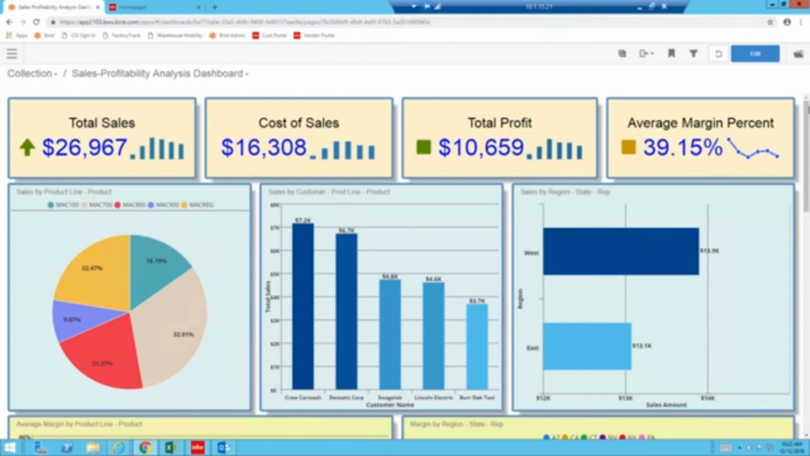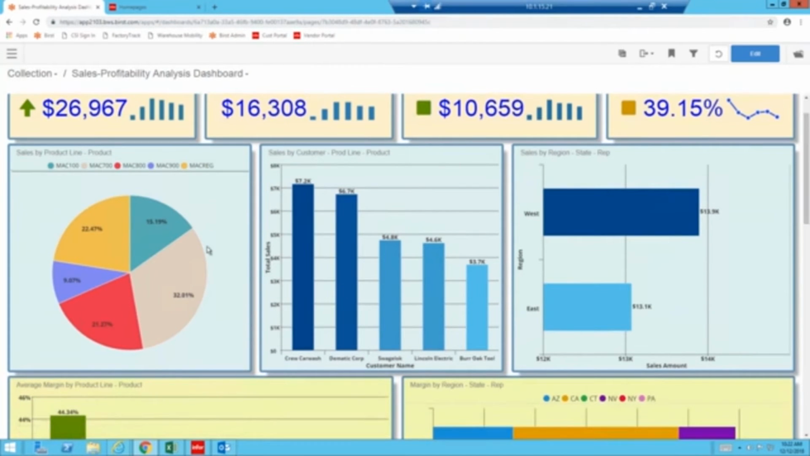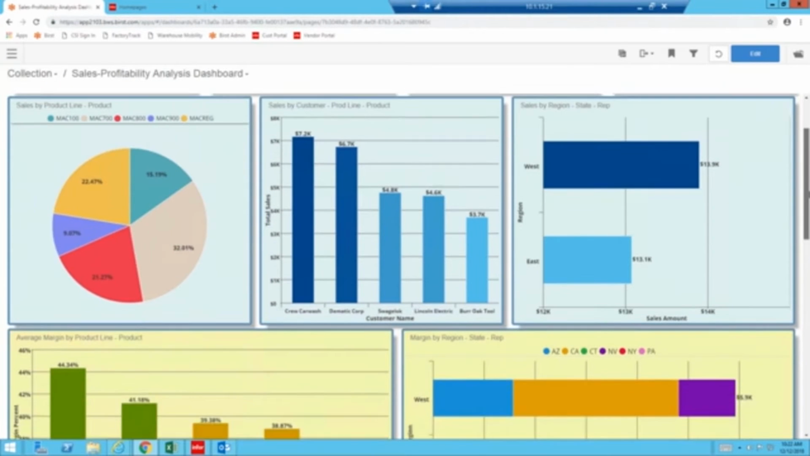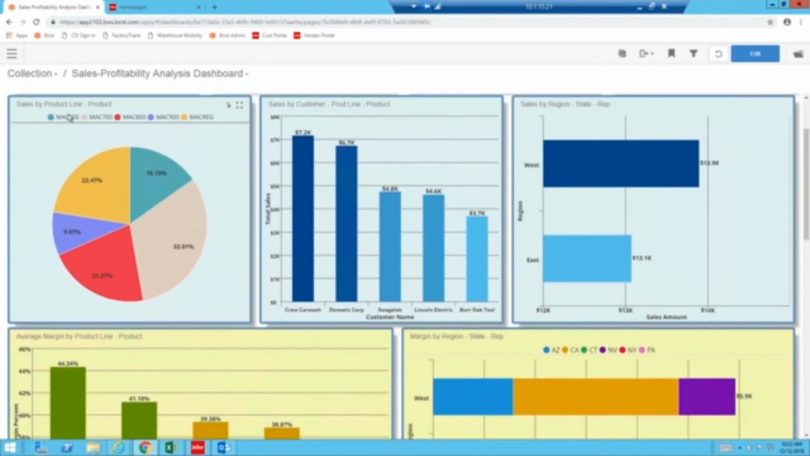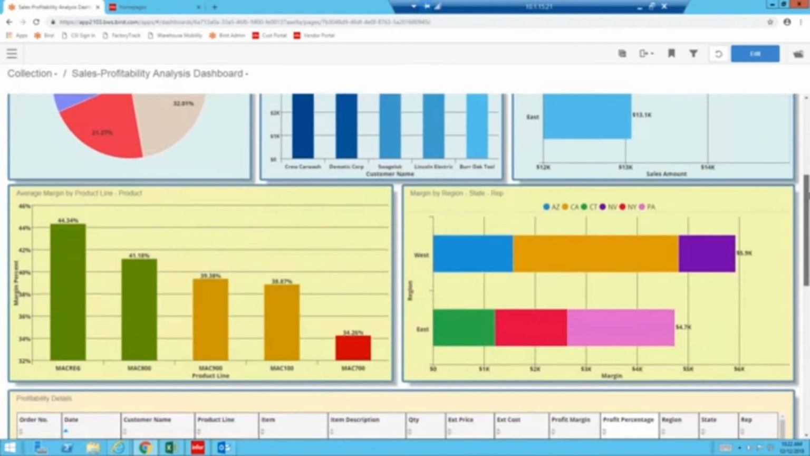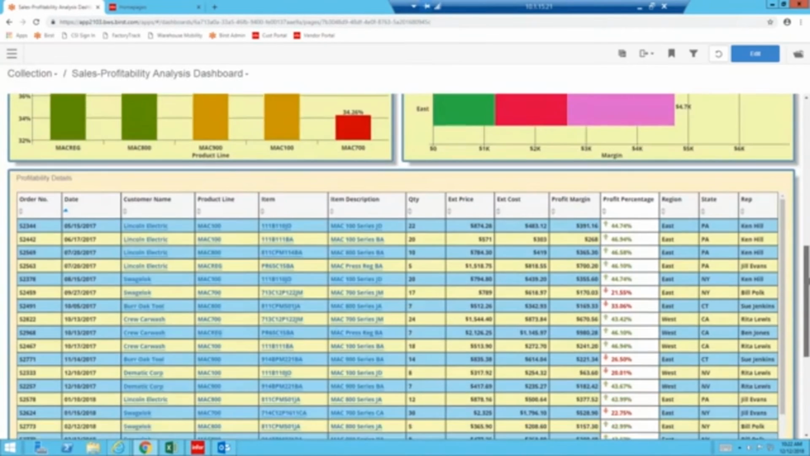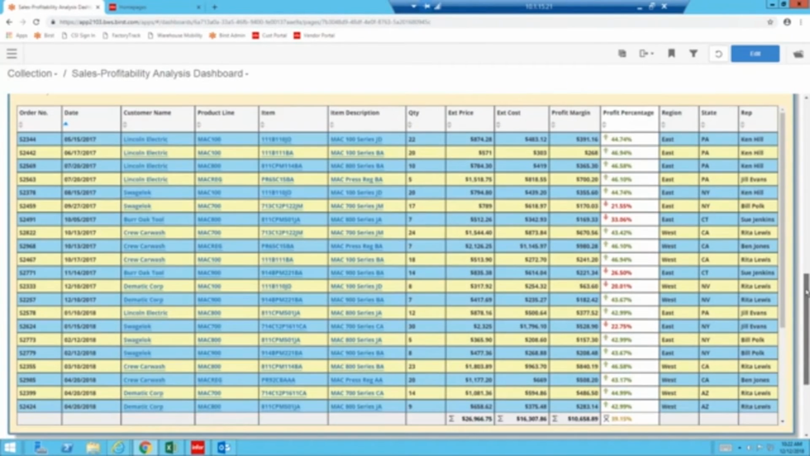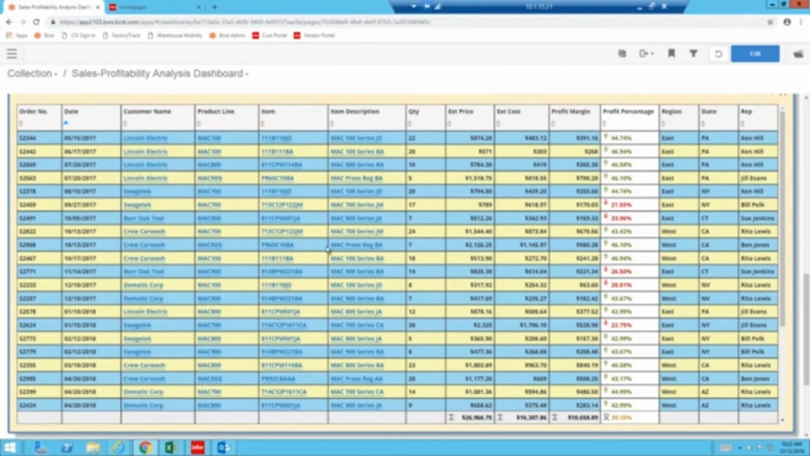As we work down the dashboard, I'm seeing some graphics associated with this sales profitability analysis, things like sales by product line or by customer, by region, state, and rep. Again, some more graphics. And then at the bottom of the screen, I've got what we call dashlets, each of these components, and this is a detailed view of some of my sales